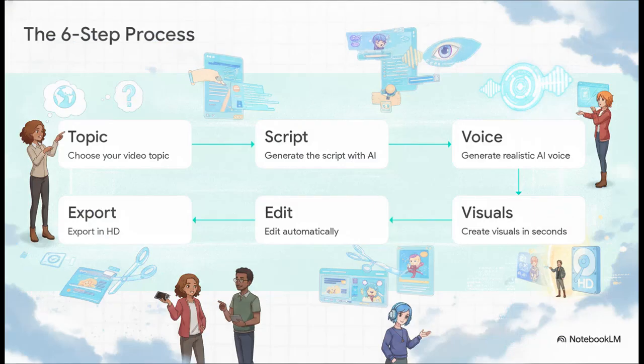What's really fascinating here is how this whole concept takes what used to be an overwhelming production maze and boils it down to a super simple 6-step linear journey. When we strip away all the technical jargon, the entire pipeline comes down to these 6 pillars: selecting a topic, generating a script, synthesizing a voice, creating visuals, letting the AI edit, and finally, exporting the file. Okay, let's dive into this and see exactly how AI handles every single one of these crucial steps.